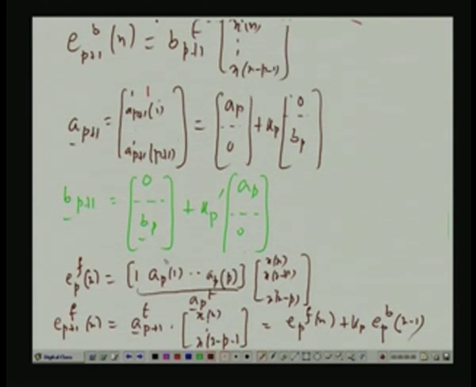Now, you replace Bp plus 1 by what you have on the right hand side. So, in the first case we have got a vector that has 0 and Bp transpose, 0 cancels the first term. So, what you get is what we have seen already, first is EPB n minus 1